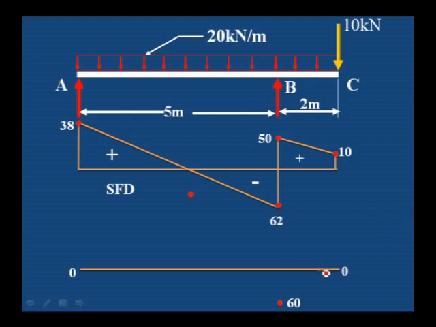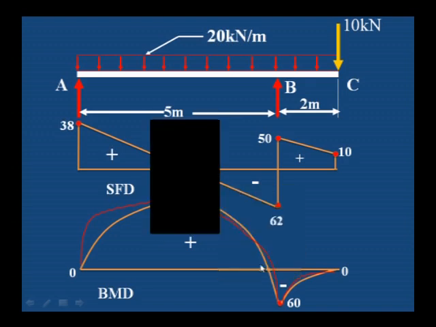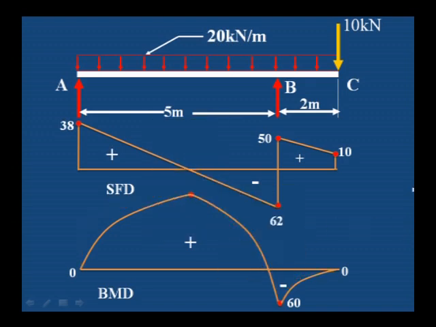For drawing the bending moment diagram, you can observe it is simple. Here it is minus 60, a parabolic curve, and then it rises to a maximum somewhere here, and then again it is 0. This is the point where we have to find out the